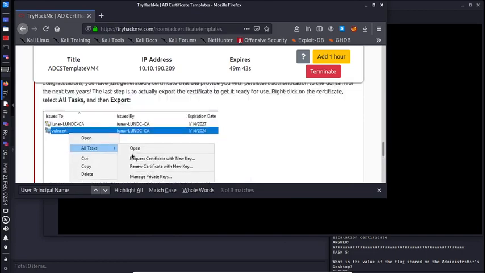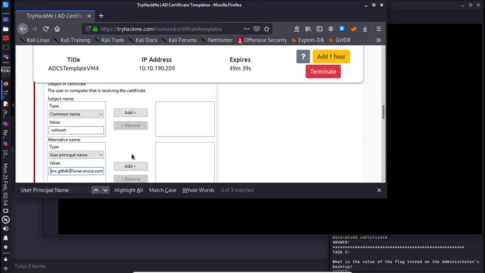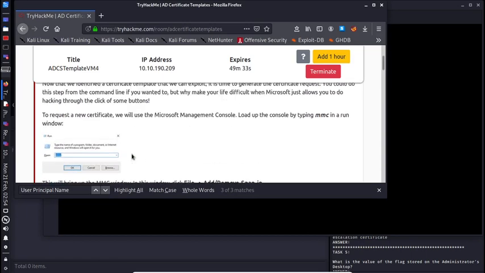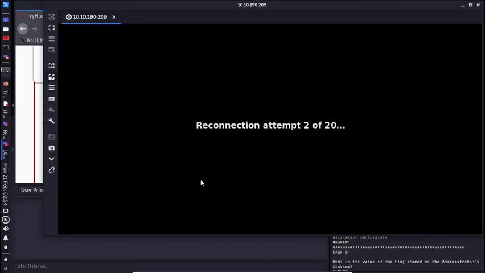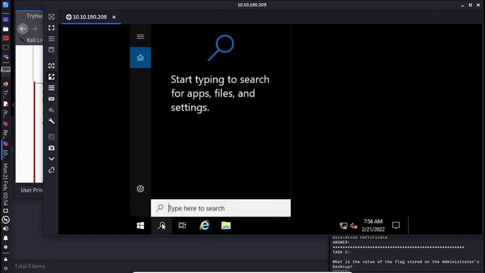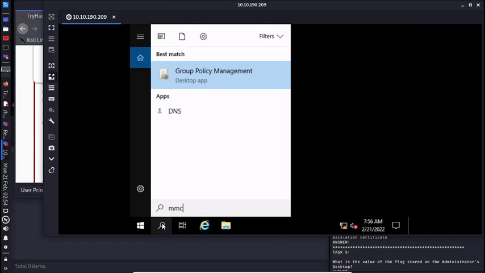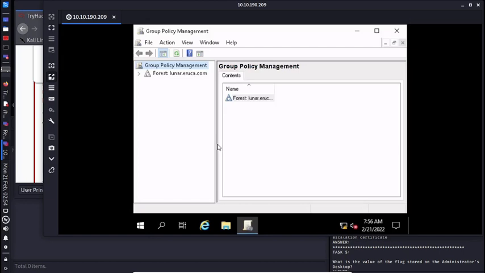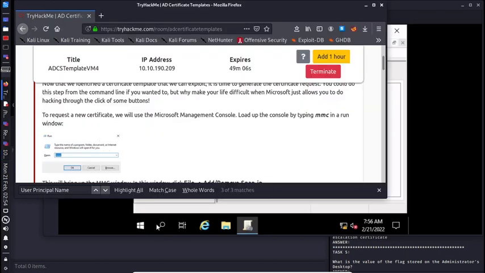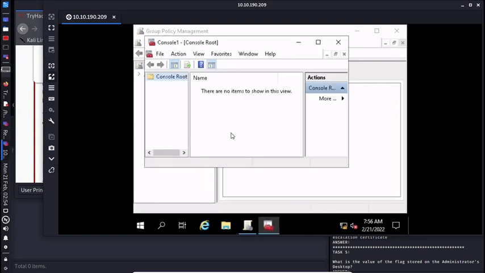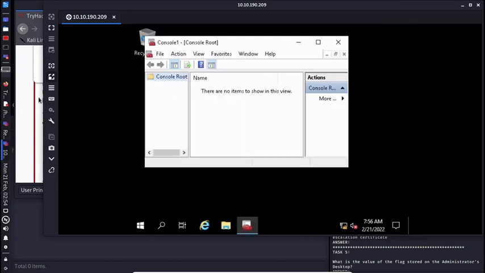So I think we need to test things out here. What do we need to do? Okay, so let's just wait for this to reconnect. Okay, let's see. MMC. Or let's just say run. Okay, so we're now at the console. If we try to follow the instructions here,